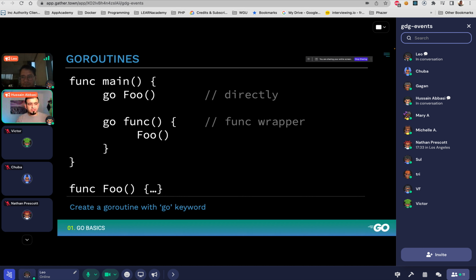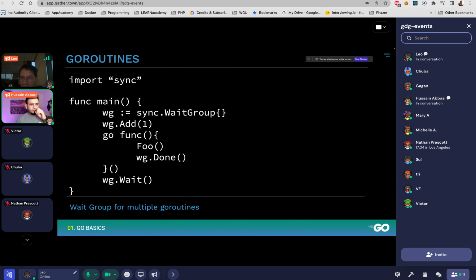What are Go routines? Any function you run could be turned into a Go routine by just prepending the go keyword in front of it. In some cases, you can also spin up an anonymous function as a Go routine and then do something inside of that. Every main function that gets executed is actually a Go routine behind the scenes as well. Right? So how will you use Go routines?